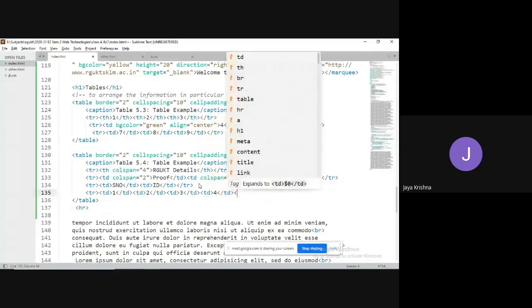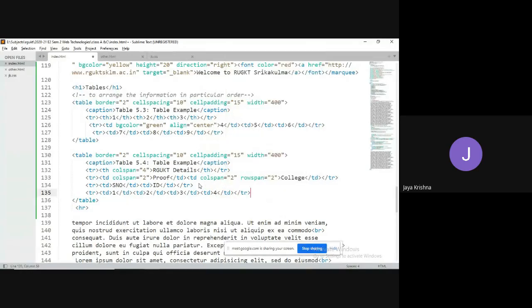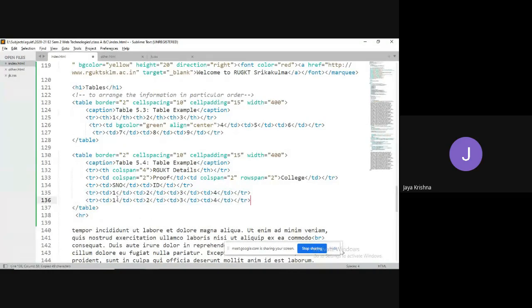I need to close the row. Then 5, 6, 7, and 8.